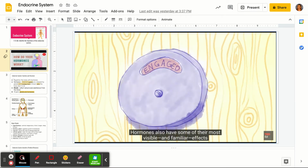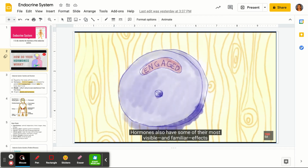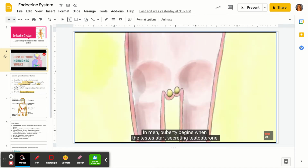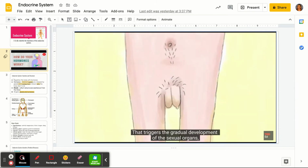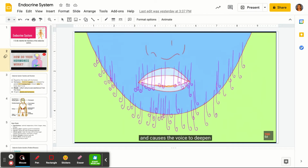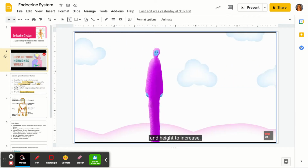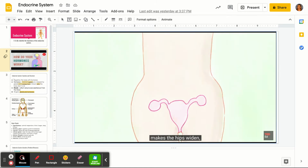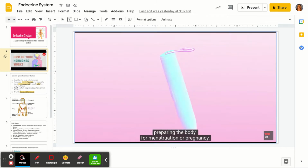Hormones also have some of their most visible and familiar effects during puberty. In men, puberty begins when the testes start secreting testosterone. That triggers the gradual development of the sexual organs, makes facial hair sprout, and causes the voice to deepen and height to increase. In women, estrogen secreted from the ovaries signals the start of adulthood. It helps the body develop, makes the hips widen, and thickens the womb's lining, preparing the body for menstruation or